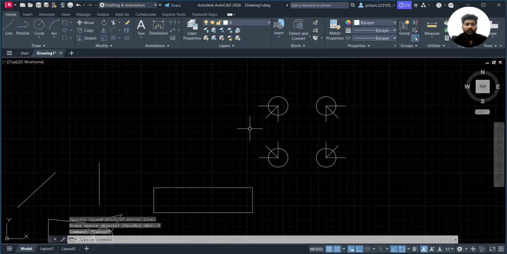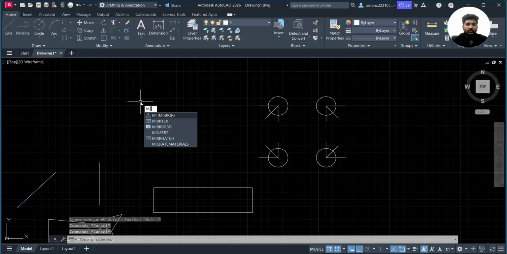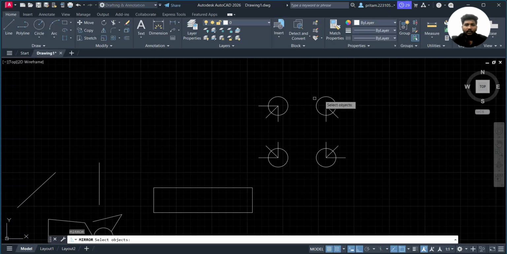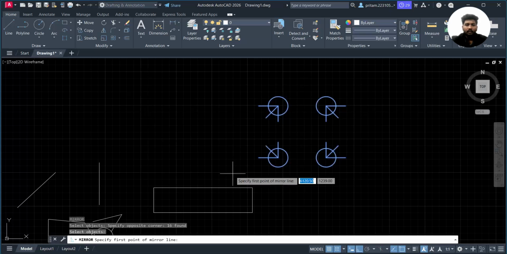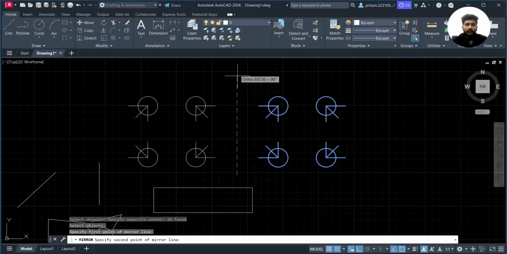Like this way it works. You can do it by the shortcut. There is a shortcut for it, that is MI. When you press MI and enter, after that we can drag this part. After dragging this part, just press enter, and we have to specify the first point of the mirror. We have to turn on this ortho and specify the first point, and you can see that it has been mirrored